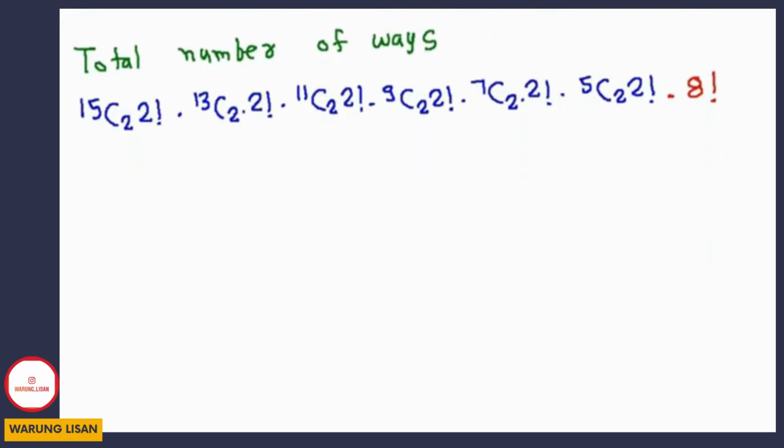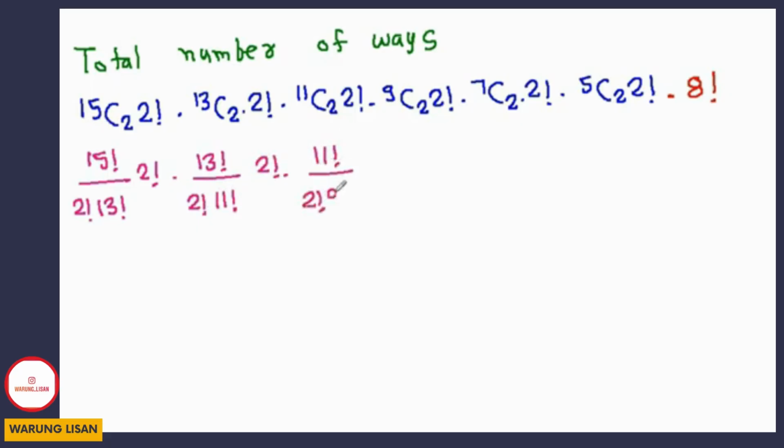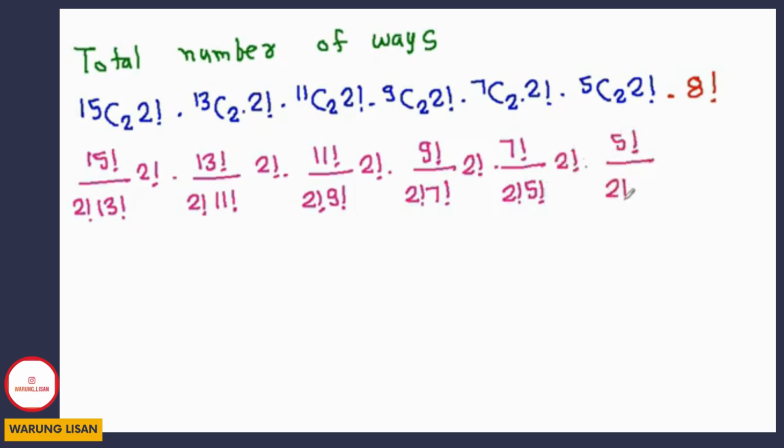So we will get 15C2, which is 15 factorial by 2 factorial into 13 factorial, and we have 2 factorial into 13 factorial by 2 factorial into 11 factorial, into 2 factorial into 11 factorial by 2 factorial into 9 factorial, into 2 factorial into 9 factorial by 2 factorial into 7 factorial, into 2 factorial into 7 factorial by 2 factorial into 5 factorial, into 2 factorial into 5 factorial by 2 factorial into 3 factorial, into 2 factorial